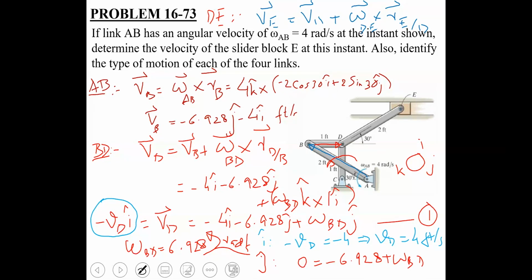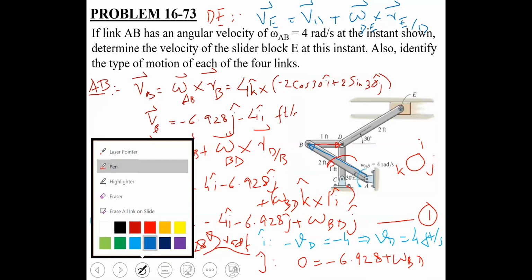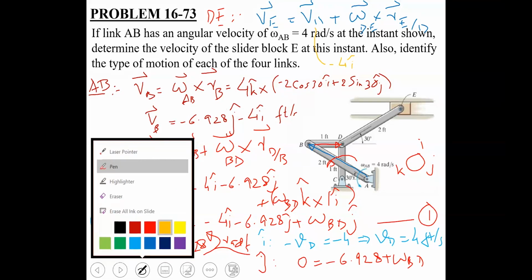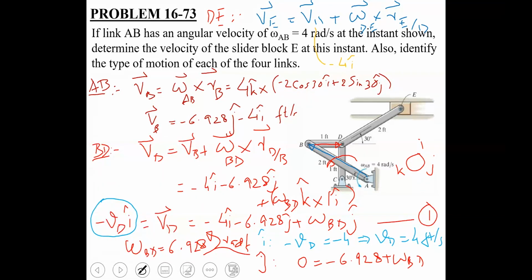Yes sir. Okay, in this equation, what should be our VD? तो VD तो हमने फाइंड किया हुआ क्या है वो? Minus 4i, isn't it? Yes sir. So VD is going to be minus 4i. Can you judge the direction of omega DE? कल हमने डिस्कस किया था इसको. Yes sir. क्या होगा ये? Clockwise, counter clockwise? Counter. Counter clockwise होगा